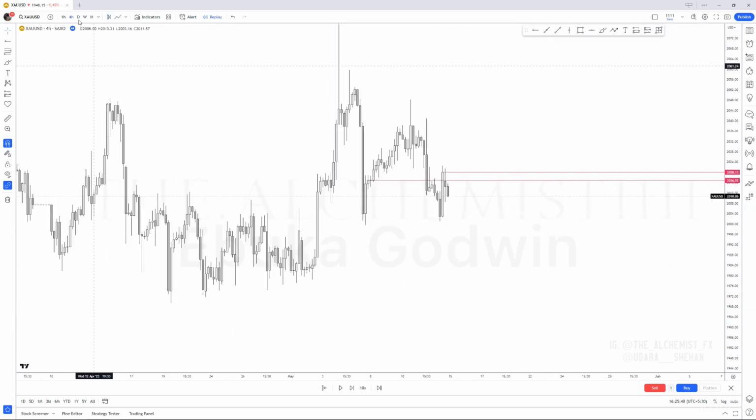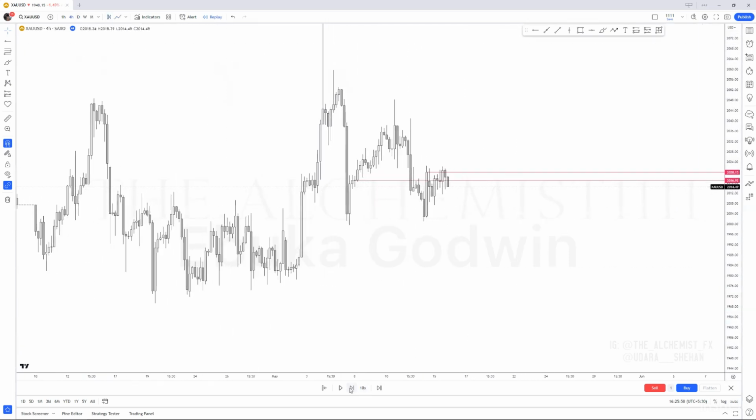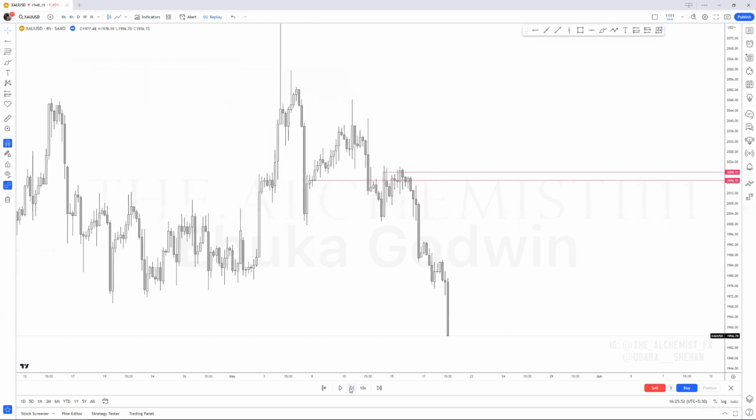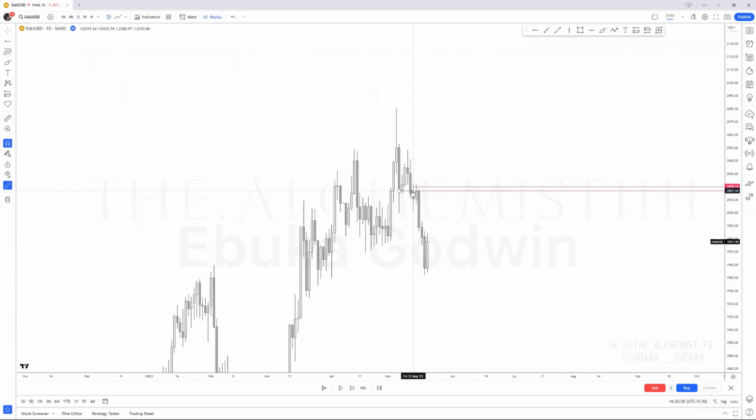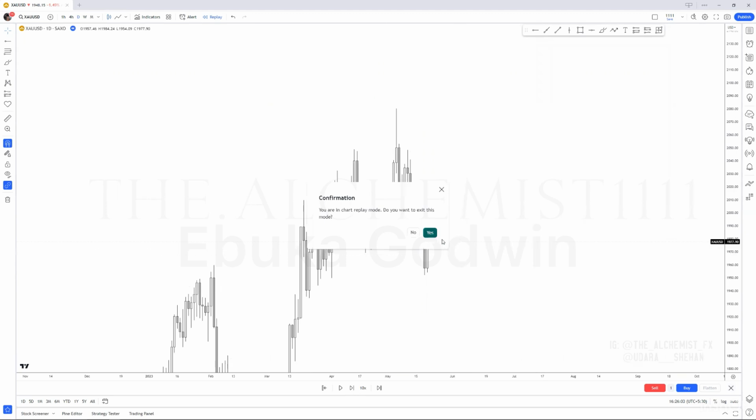Okay, we have that zone, and then what happens? There it drops. See that? Very nice. Okay, so yeah, that was a nice trade. That was a nice trade from all those areas. And what else? What else? Let's see. Let's try to see more examples of